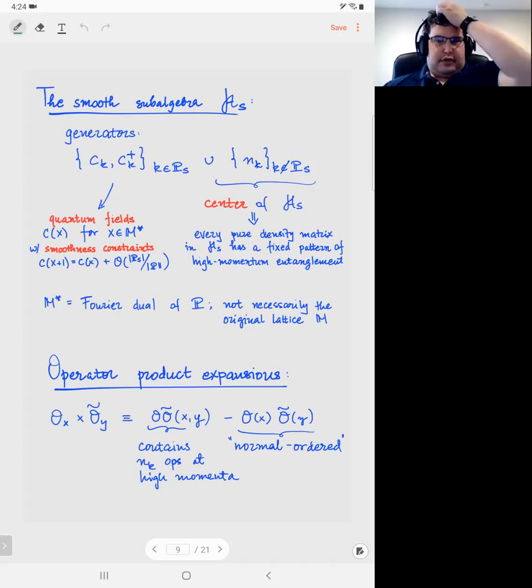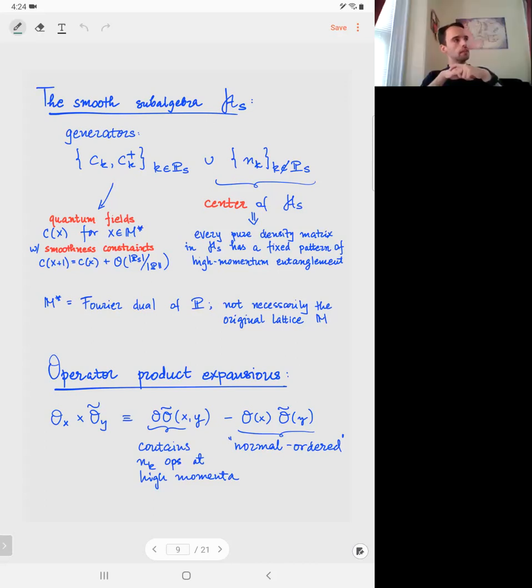Should I think of the fixed pattern of high momentum entanglement as just equivalent to the usual assumption we make when we do RG flow, that the UV modes we're integrating out are in their vacuum state? Yes. So essentially yes. So when I say that,